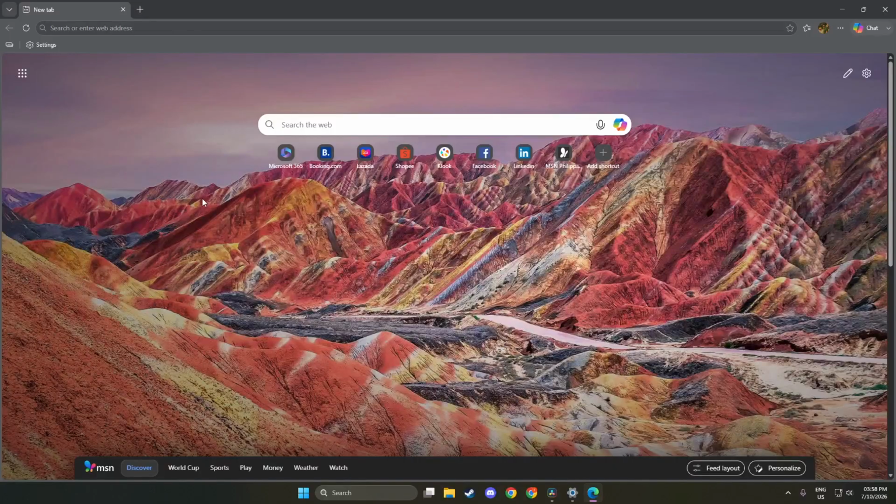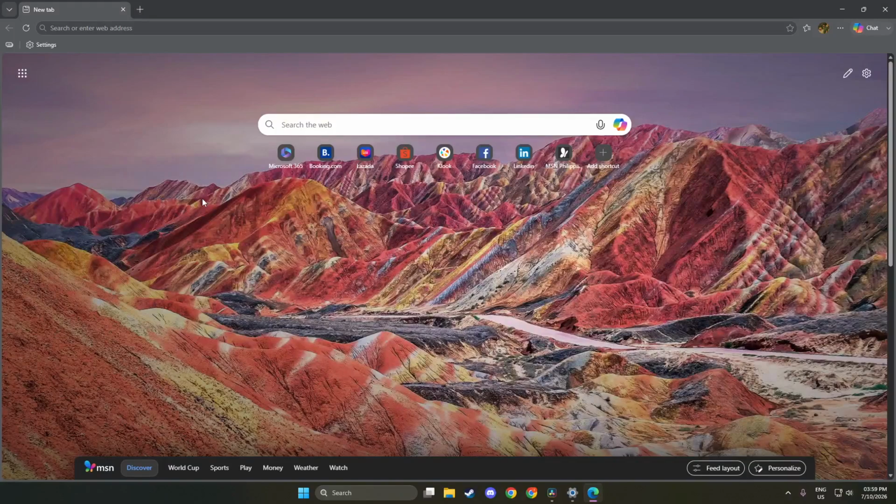If you cannot find it, you can also search for it in the Start menu. Just click on the Start button and type Edge in the search bar. Once you see it, click to open. Opening Edge is the first step to addressing the downloading issues you're facing. This ensures that we are working in the right environment to make the necessary changes.